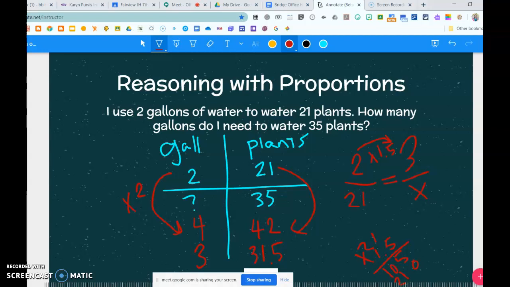I can then figure out the unit rate, right? So if I do 21 divided by 2 to get a unit rate, what's half of 21? 10.5, right? And then I would do that times,